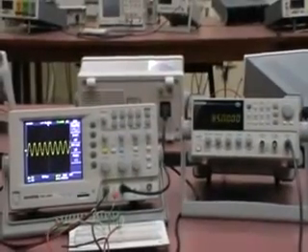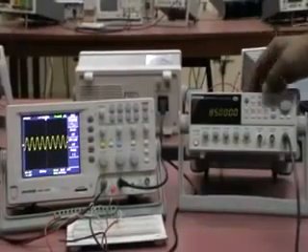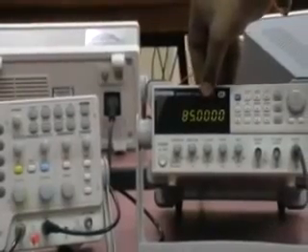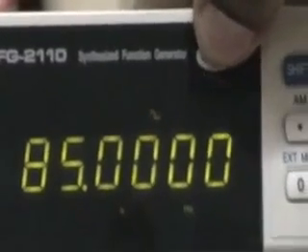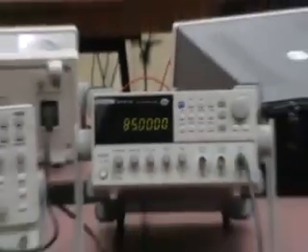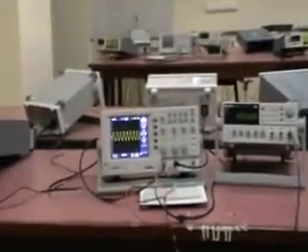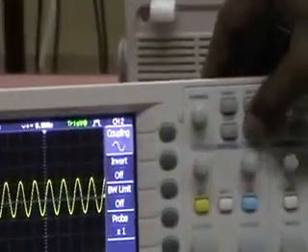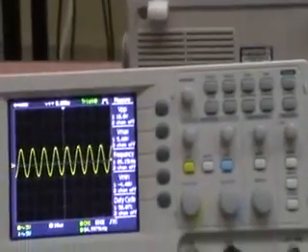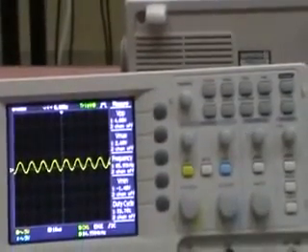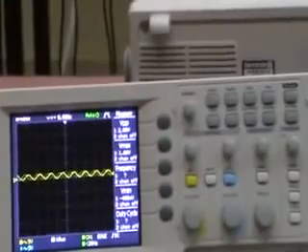Now the main variation compared to the previous one is that we have to keep the input signal waveform shape as sine. In the previous one it was pulse shape. Now we should set it to sine wave by changing the wave button. You can observe the sine wave on the DSO. Now the main thing is you have to keep the peak to peak voltage as 2 volts. By using the amplitude button on the function generator, we can make the peak to peak voltage 2 volts.